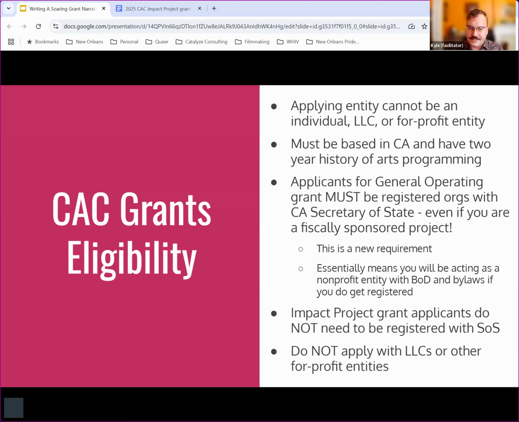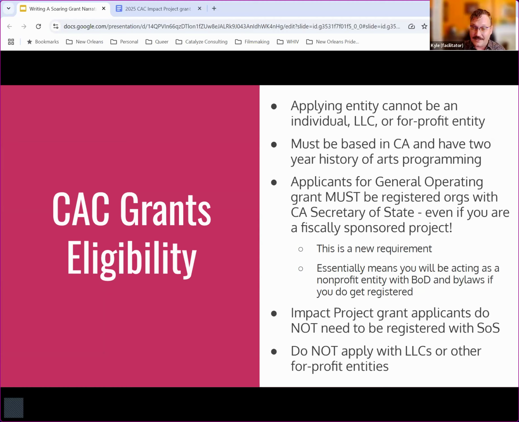It's probably not going to be a problem if you're an individual and you're framing your project as being done as a project or a collective effort, right? In that way, you are almost an unincorporated association. I'm not a lawyer, so please don't count me as legal advice there. But you basically aren't really acting as an individual. You're working as this kind of unincorporated association that is working to pull off this project. You're always working in partnership on these things.